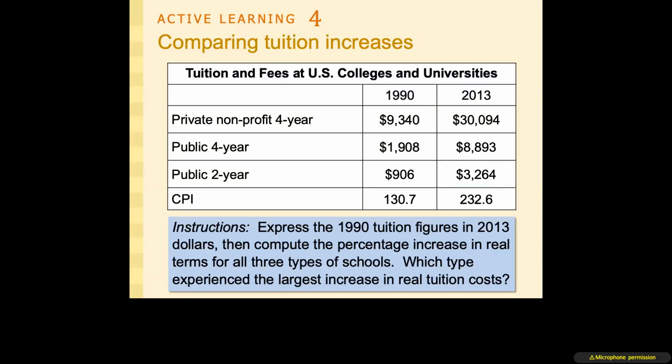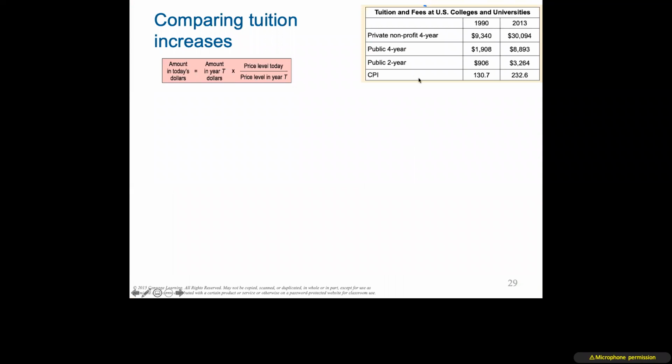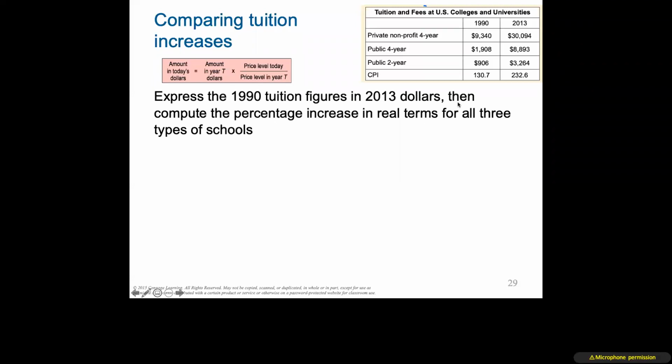It's the same prices. We're all paying the same. Now let's see if that's true. I've given you the CPI for both these years, and now we're going to see whether or not tuition really has gone up or down in terms of relative prices. So there's our equation up here, available for you to look at. Now we need to figure out where we're going to stand. If we want to express our tuition numbers from 1960 in 2013 dollars, so we can compare what it is in 2013 versus what those older numbers would be if adjusted, we need to calculate this.